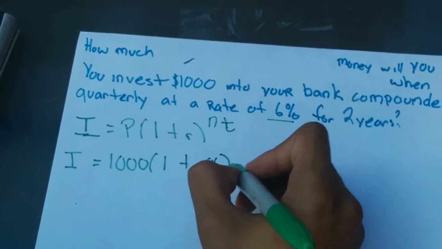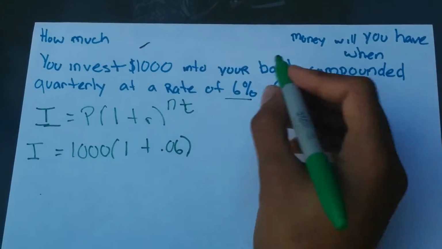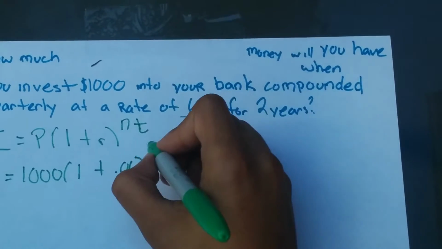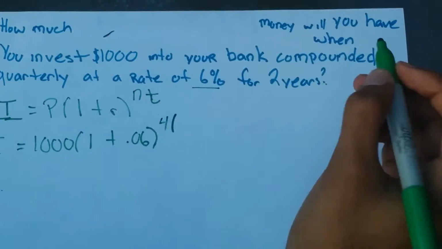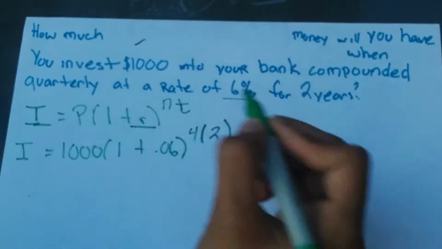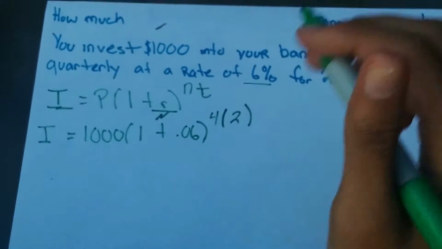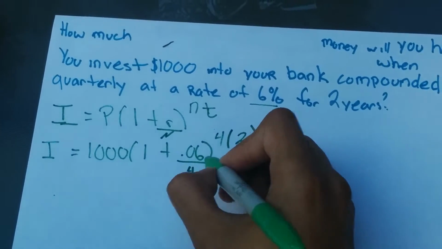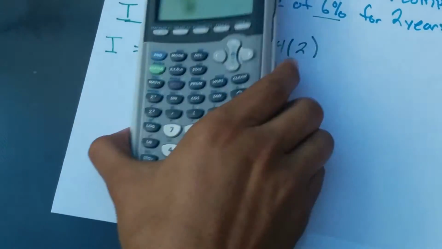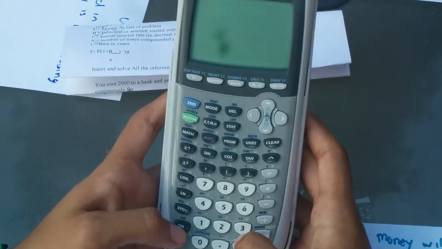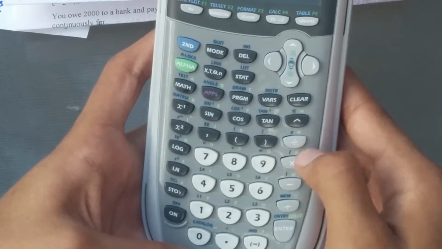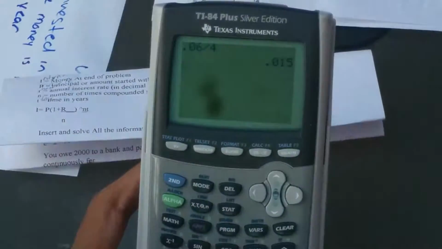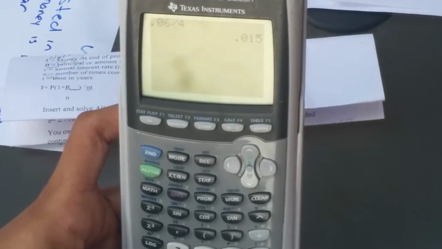And then the N, which is quarterly, means 4 times a year, multiplied by 2 years. And another thing, always divide your rate by N. So let's see, 0.06 divided by 4. Now we're going to go to our handy dandy graphing calculator here. 0.06 divided by 4 is 0.015. Okay, so when we put that in, I equals 1,000